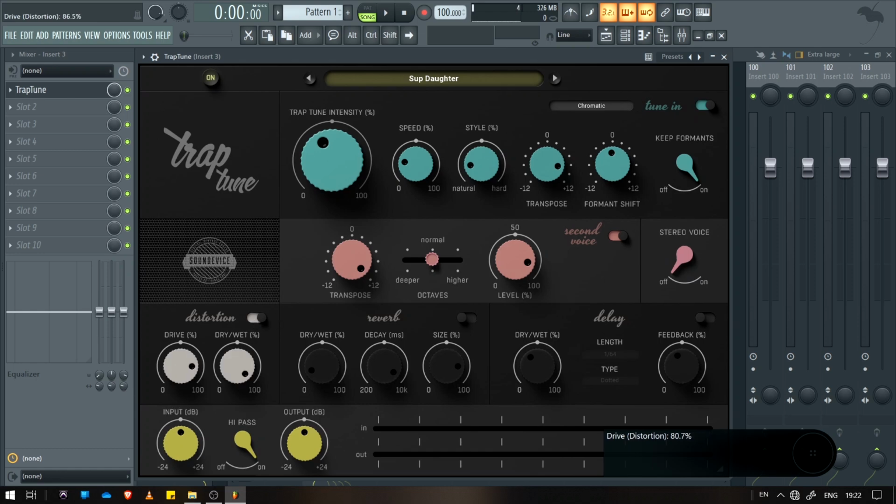So for distortion, the parameters are the drive knob and the dry wet knob, and next to it we have reverb. It has the dry wet knob, the decay knob in milliseconds, and the size knob in percentage. And next to it we have the delay,